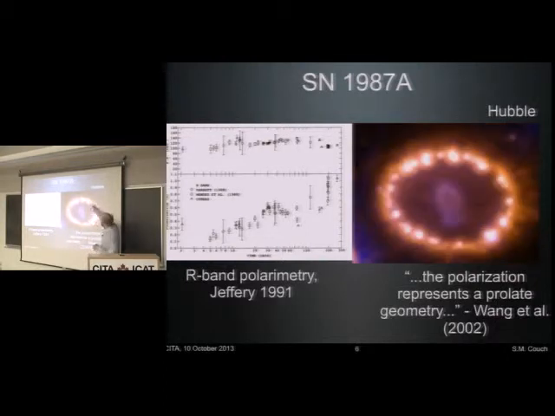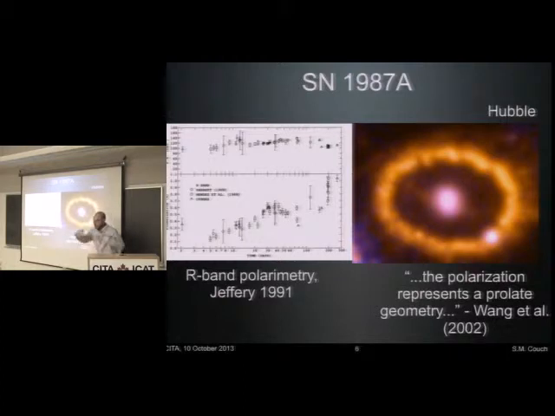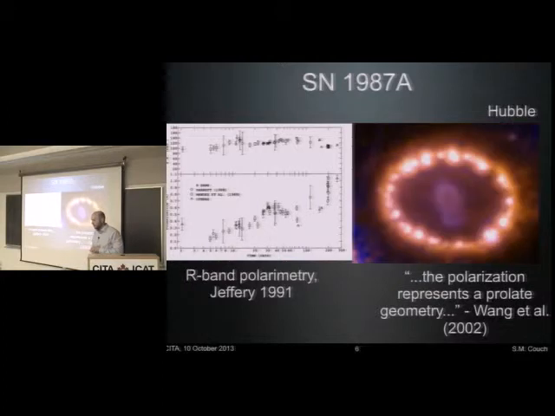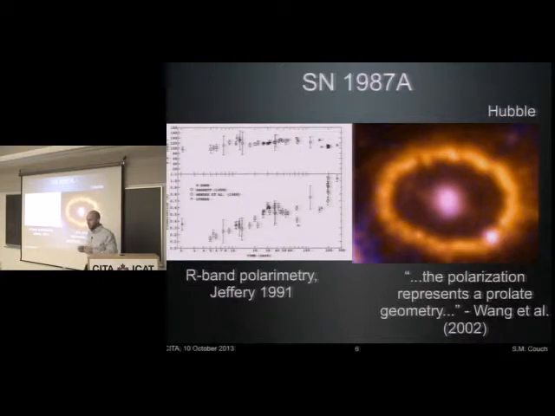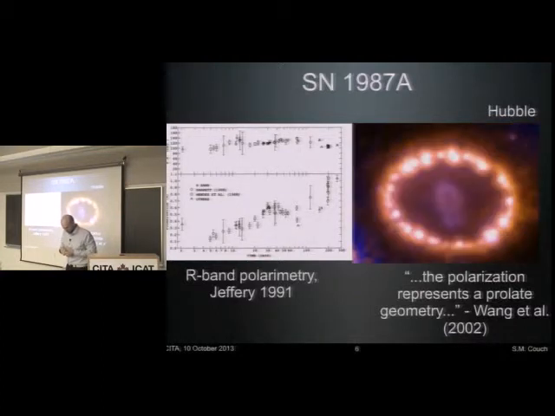And of course, we all know the well-known ring around 87A, which lit up as ejecta slammed into it. That was a pre-existing ring. It's very possible that the progenitor was in a binary. And the progenitor was a very weird star. At least we thought it was very weird to be a core collapse supernova progenitor, a blue supergiant. That disappeared.